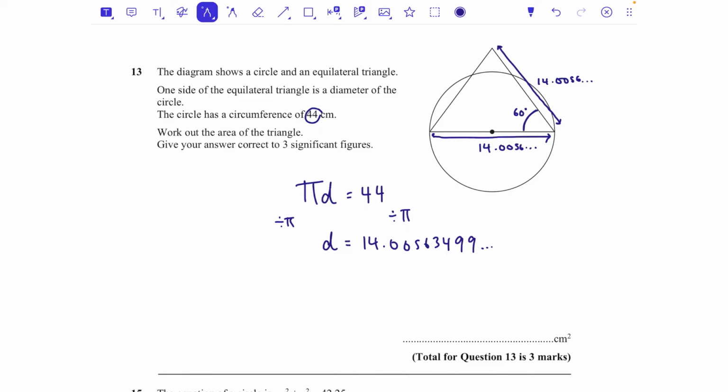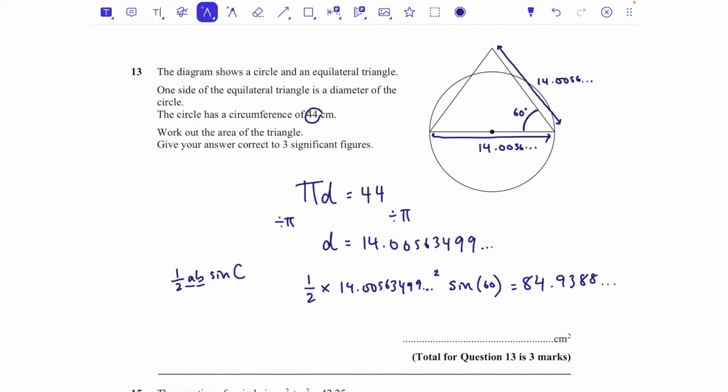So rather than worry about getting the perpendicular height, I'm actually here going to use half AB sine C, which is how we would work out the area of a triangle when we've got two sides and the angle in between. So I'm going to do half times 14.00563499, which I've got in my calculator, and I'm going to square it because I'm timesing it by itself. It's both A and B, times sine 60. So typing that in my calculator, half times my answer squared times sine 60, and that gives me an answer of